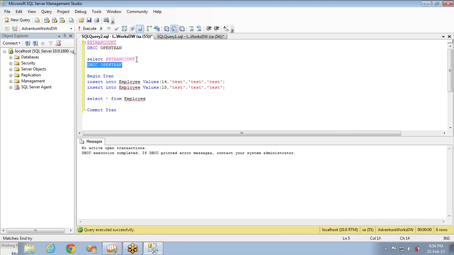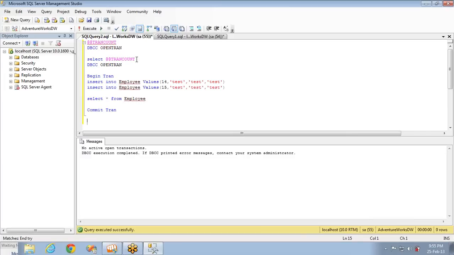So this is a beautiful option, knowing the transactions, how many are open and how many are closed. Based on this, you can rate the performance. If so many transactions are open and the data is not properly shared and so many deadlocks occur, then you are gone. So these will really help you in solving the performance problems and deadlocks that are caused by resource allocation and sharing.